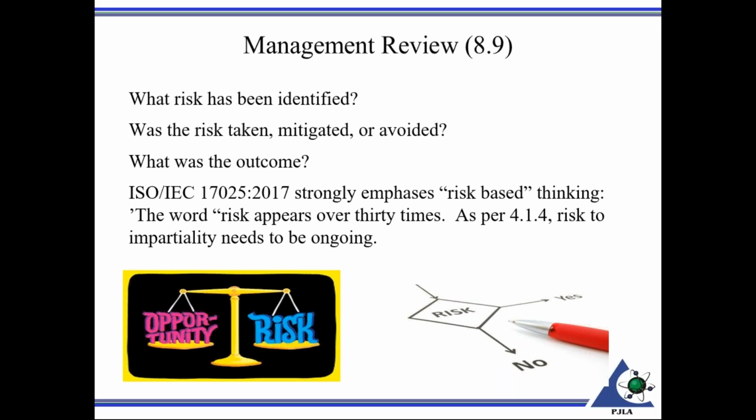So what's ongoing? If you're a small organization and there's not a whole lot of coming and going, as an assessor, because of that shall there under 4.1.4, I like to see that the risk to impartiality has been initially evaluated and then reevaluated. Ongoing, like I said, depends on the size of the organization. If things are pretty stable, perhaps once a year during the management review is sufficient. If there's a lot of changes in personnel, customers within larger organizations, then perhaps more than just the annual management review would be needed.